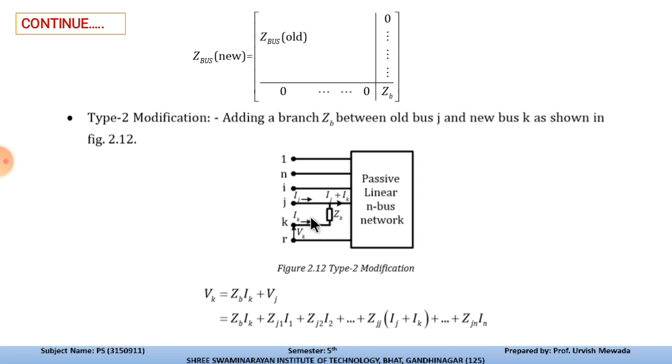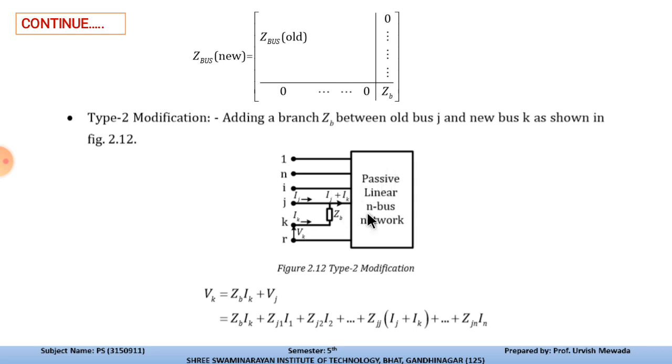So this is the new bus K, and the current of this new bus K is Ik, and Vk is the voltage applied across the kth bus, and the impedance of this circuit is again Zb. The current transferring through the jth bus is Ij, and the current transferring through the kth bus is Ik. This is the junction where the two currents Ij and Ik meet, so this line has the current Ij plus Ik.